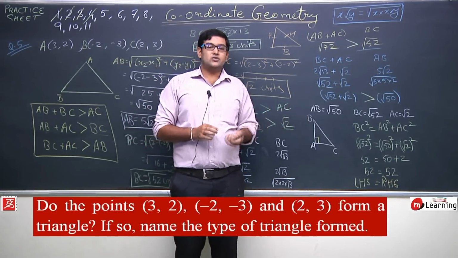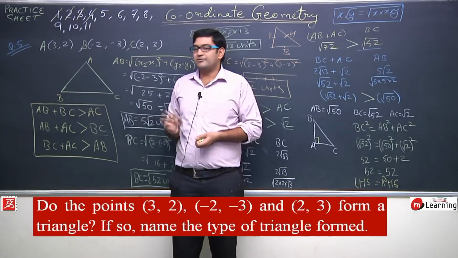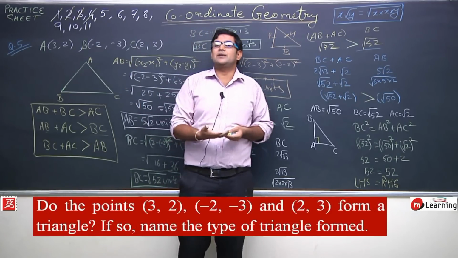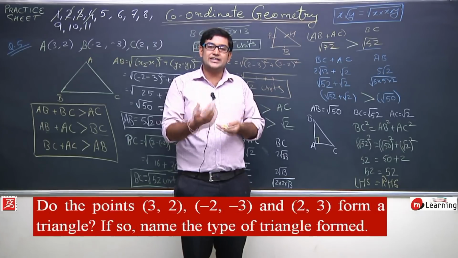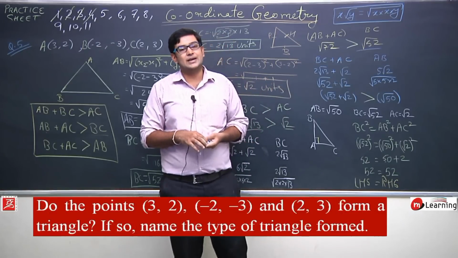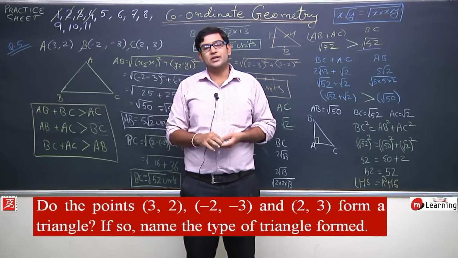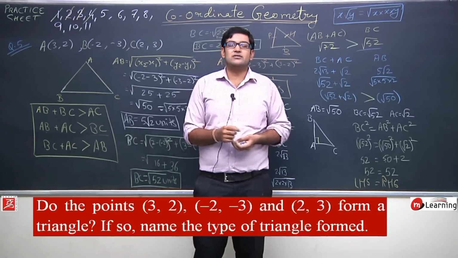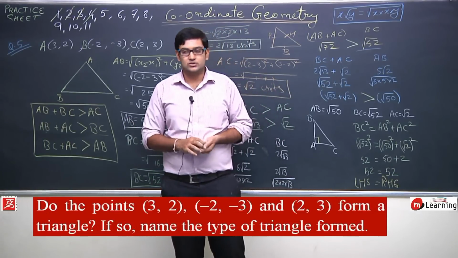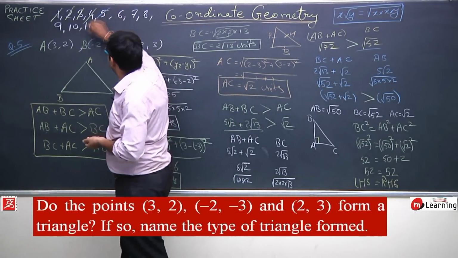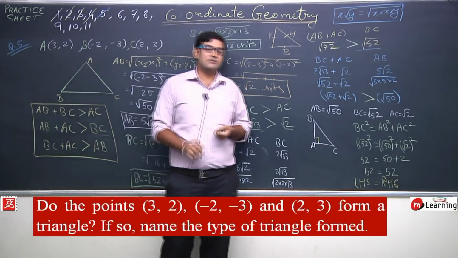Okay, so in this way you need to solve this question number 5. इस तरह से इसे solve करना है. आपने देखा concept बहुत सारे apply हो रहे हैं. It is not at all easy question. आमतौर पे हमें लगता है कि कोऑर्डिनेट ज्योमेट्री इज अ वेरी इजी चैप्टर, बट इट इज नॉट एन इजी चैप्टर. You need to be very careful while solving and while deducing whatever logic you want to deduce. Okay, so this is how you need to solve question number 5. So first इसे note कर लीजिए, then we will continue.